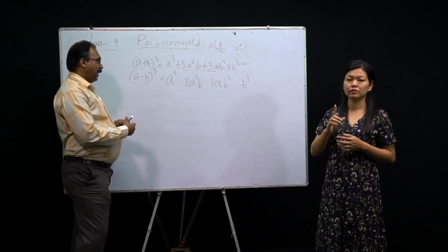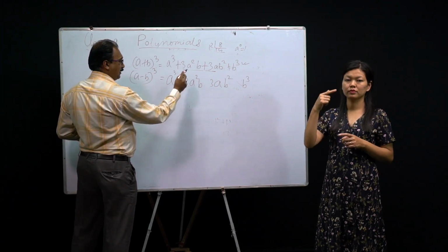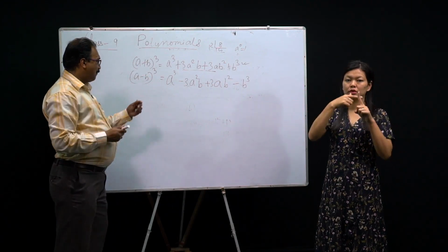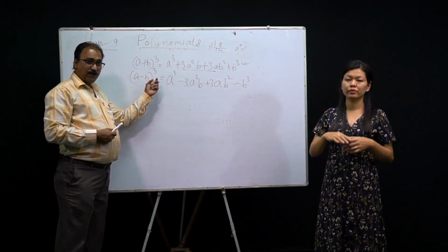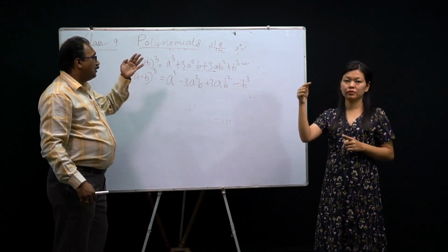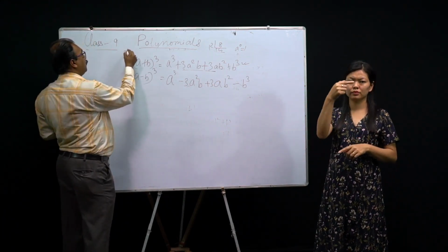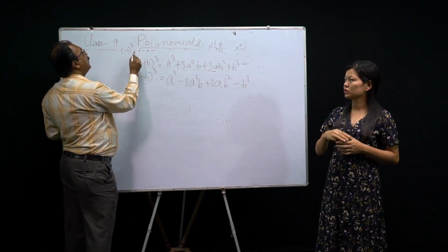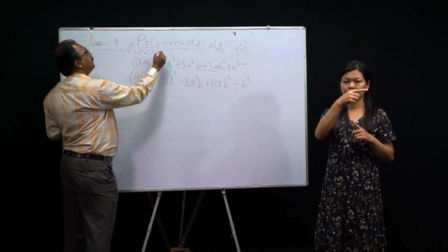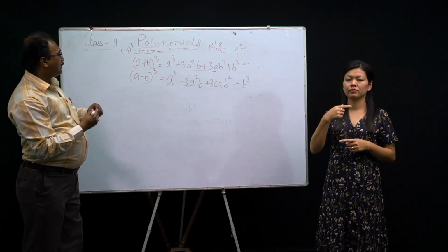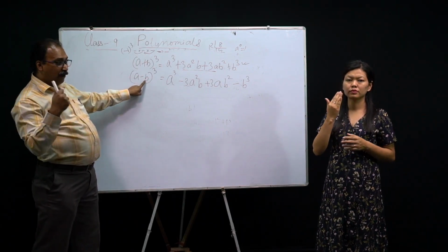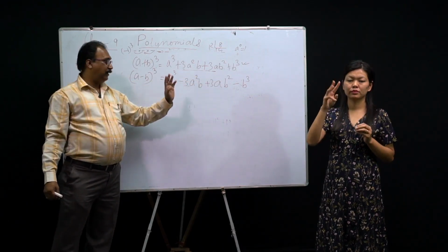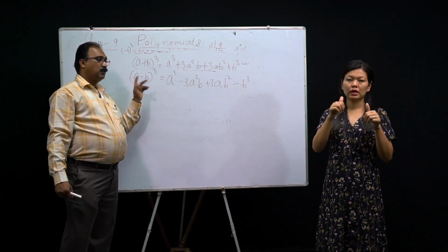Now what will be happening? Here the first one will be plus, the second is minus, the third one is plus, the fourth one is minus. Because minus under square is plus, minus under cube is never plus. Minus under cube, 3 times minus cube. I already told you, (minus 1) cube. Any number minus, 3 times: minus into minus into minus. Minus into minus is plus, plus into minus, ultimately you will get minus. So odd power always comes back negative. That's why b power 1 is negative, b power 3 is negative, odd powers negative. A power doesn't matter because a is the first term. So this is the formula.